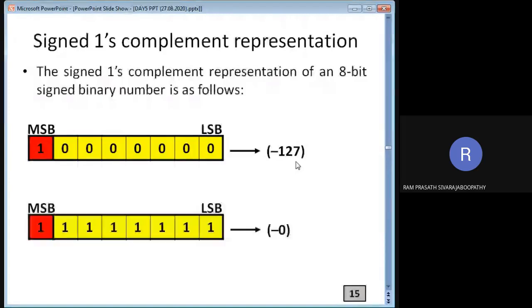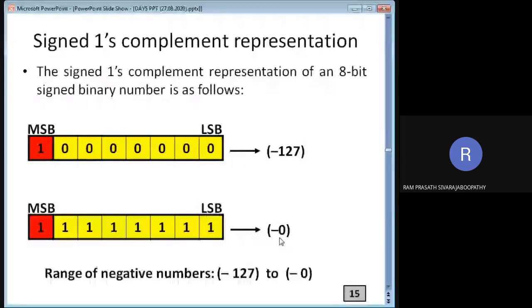Similarly here, the MSB bit is 1, so the number is negative. So we have to take ones complement of this whole value, all ones. What do we get on taking the ones complement? All zeros we will be getting. So minus 0 is the answer. Fine. Next. So the range of negative numbers in signed ones complement representation is